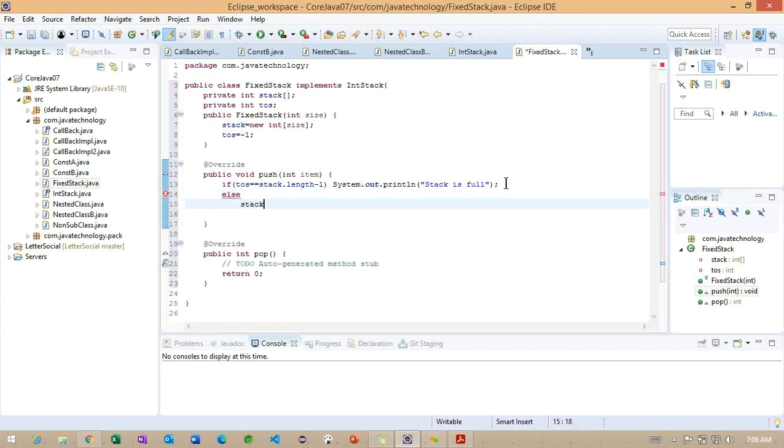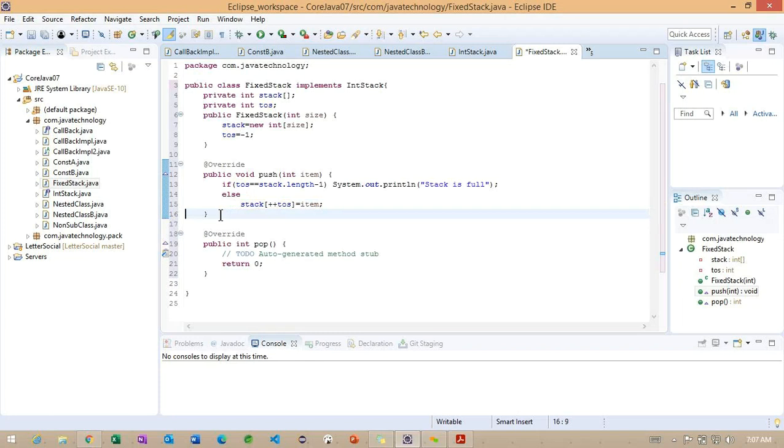Else, inside the stack array we store whatever value we get from this push method. Where do I store it? Using the pre-increment of tos. Why am I using the pre-increment variable? To increase the index number. Getting the point? After this, the push method is implemented, and next we'll go for the pop method.